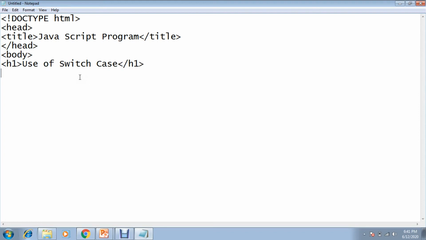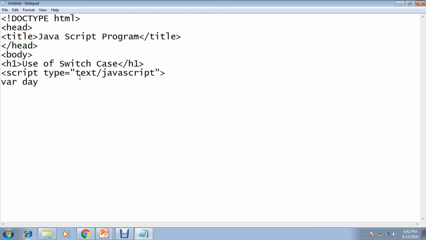After that, you have to use the script tag, script type equal to text/javascript. First declare a variable over here. var is the keyword used to declare a variable.